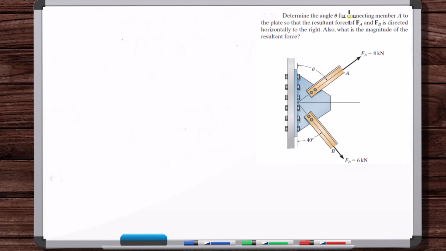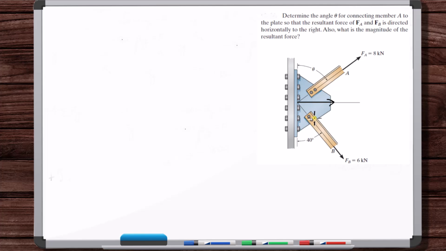Determine the angle theta for connecting member A to the plate so that the resultant force of FA and FB is directed horizontally to the right. Also, what is the magnitude of the resultant force? Okay, so they're saying that we're summing FA and FB and getting a resultant force that ends up being directed